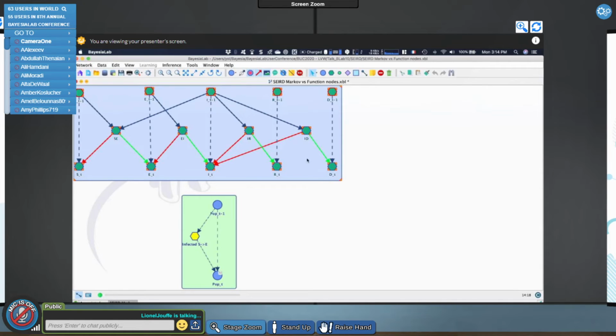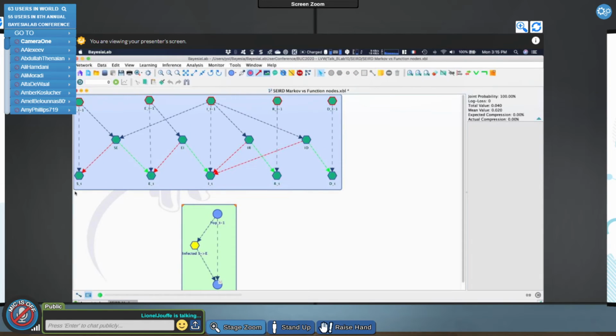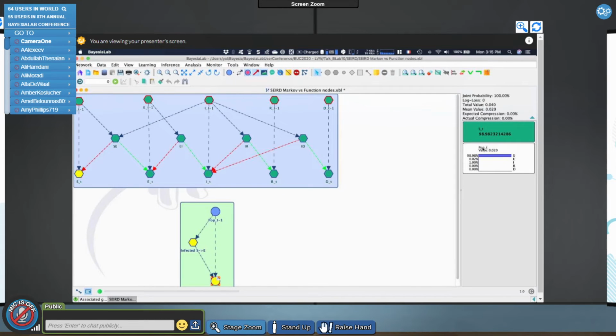So this model, which is not a Bayesian network, is doing the exact same thing as this one, right? This is with one function node per compartment, and this is a Markov chain. But at the end of the day, you have the same thing. So you now have two ways to represent the compartmental modeling here.